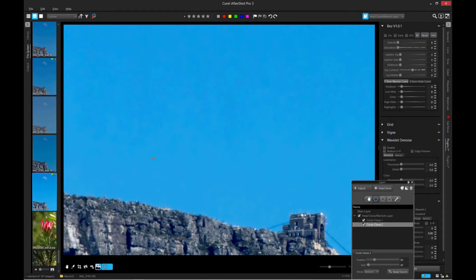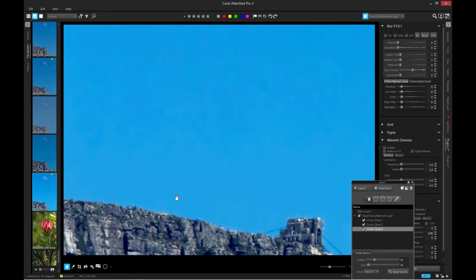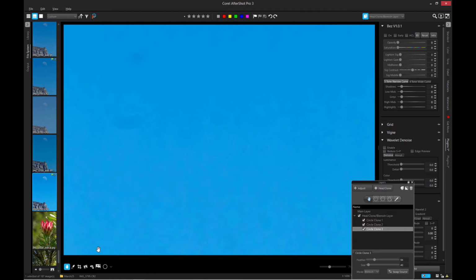I cleaned it a little bit before I got the Canon 7D, and it got a lot better. But still, the camera was around, I would say, almost six years old at that point, and then at some time the